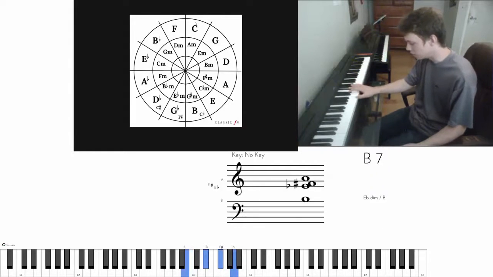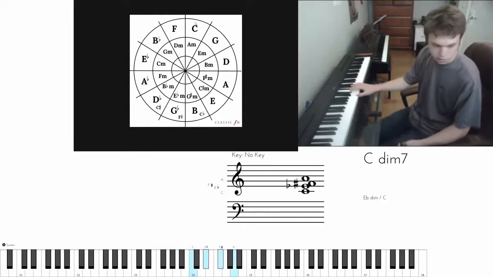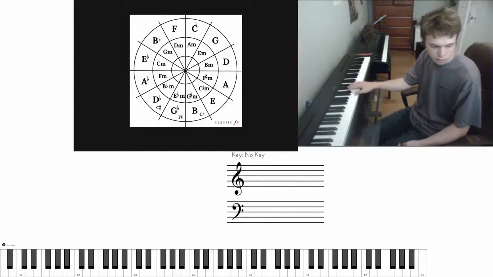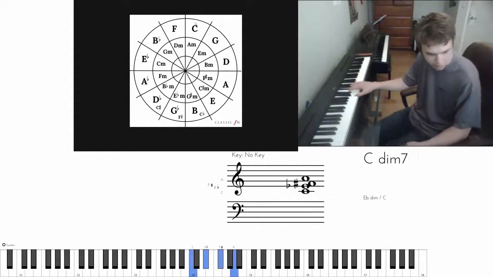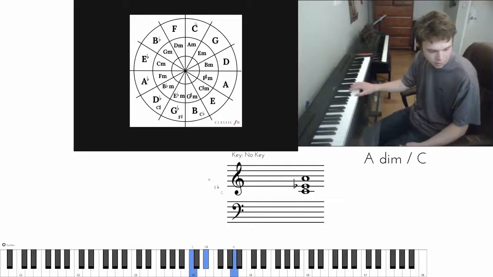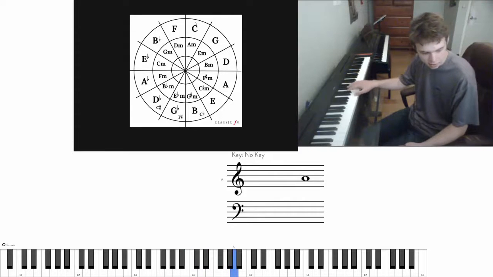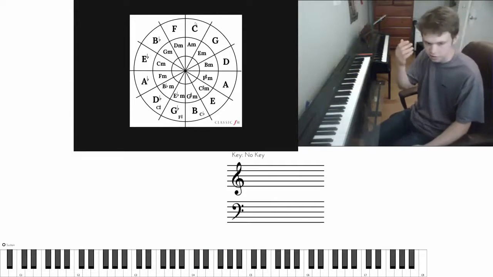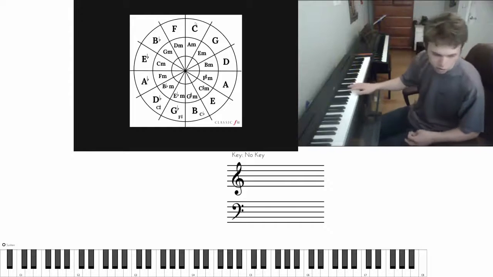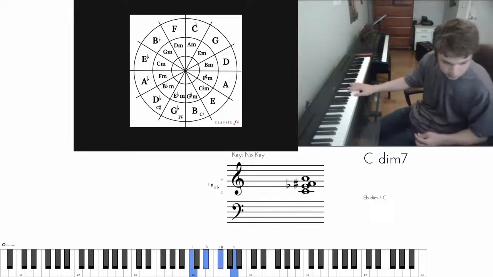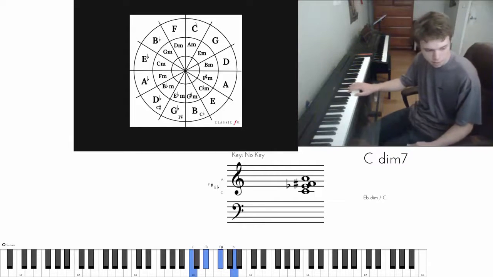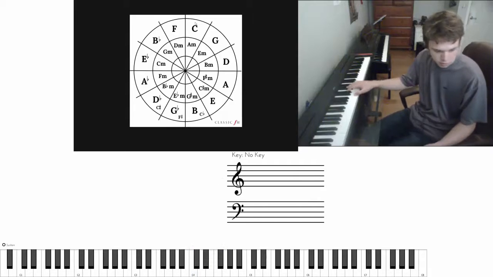So C goes to B, or that E flat, D sharp goes to that E natural, and then that F sharp can go either down to the E or up to the G sharp, and then the A goes down to the G sharp. I don't have to explain it for every single one, but now you realize probably that since that can go there and that can also go there, it can take that F sharp and go up a step from that too and make a major chord, and you can resolve to G,